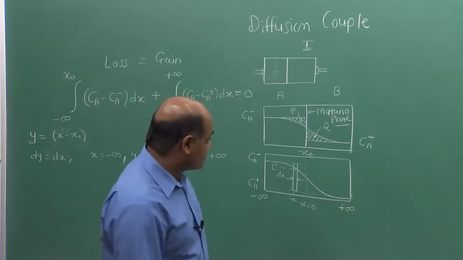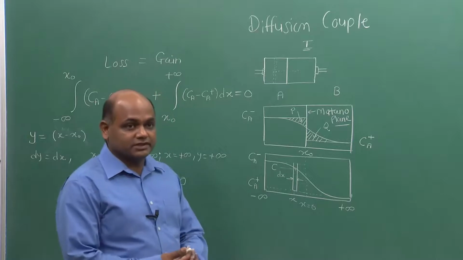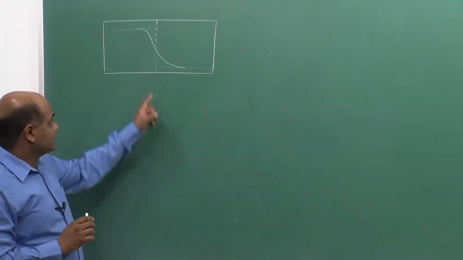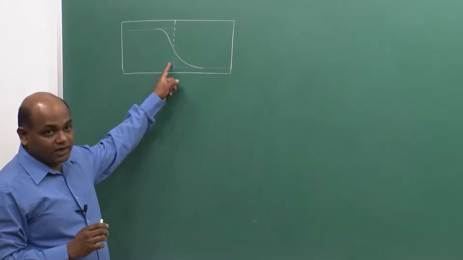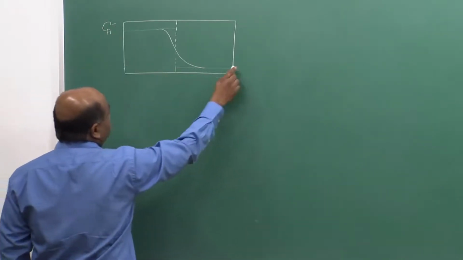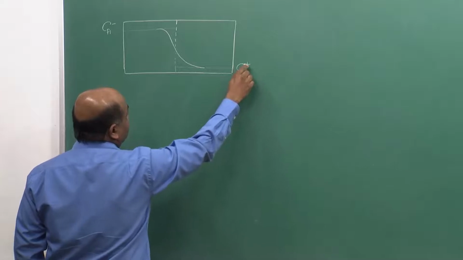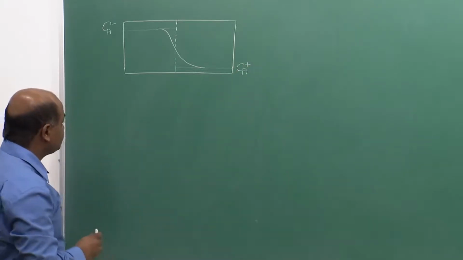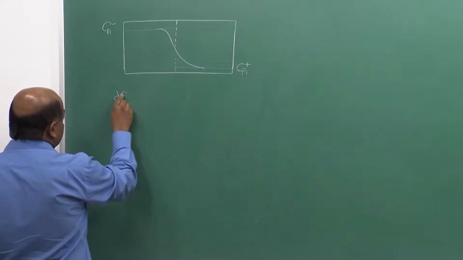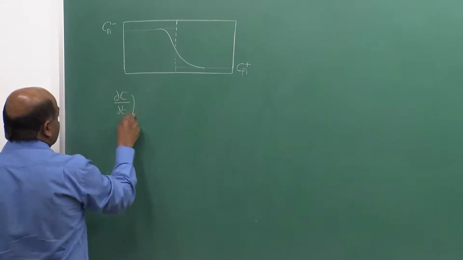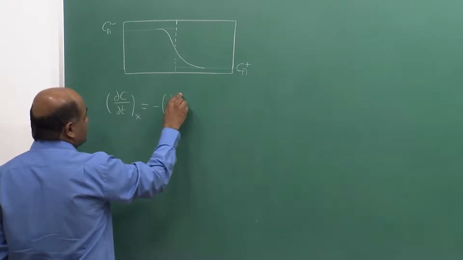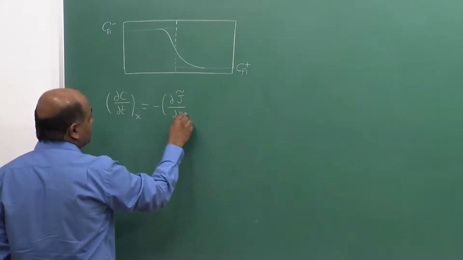Next, we need to find out the interdiffusion coefficients. That is our main goal here. So, let us consider this concentration profile again here. So, we have Ca minus as concentration on left side, Ca plus as concentration on the right terminal, and we know the diffusion equation: dou C by dou t at x should be equal to minus dou J tilde by dou x at t,